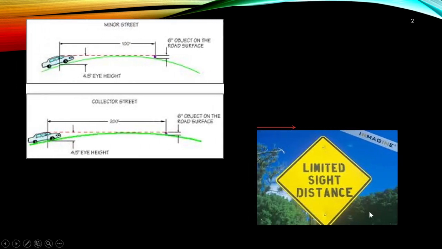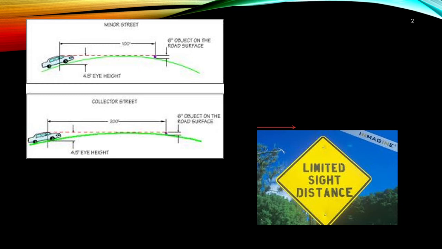When you are driving along a highway, you must have seen some figures like this, which I have included in this next slide. Where the sight distance is not available, we have to include this particular signal. It says that limited sight distance is there. Unless we move with more caution, chances are that you may not be able to stop the vehicle safely, and finally you may end up in some kind of accident.